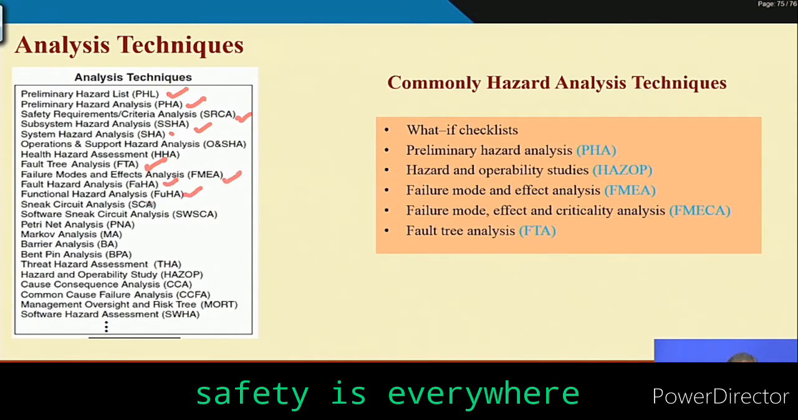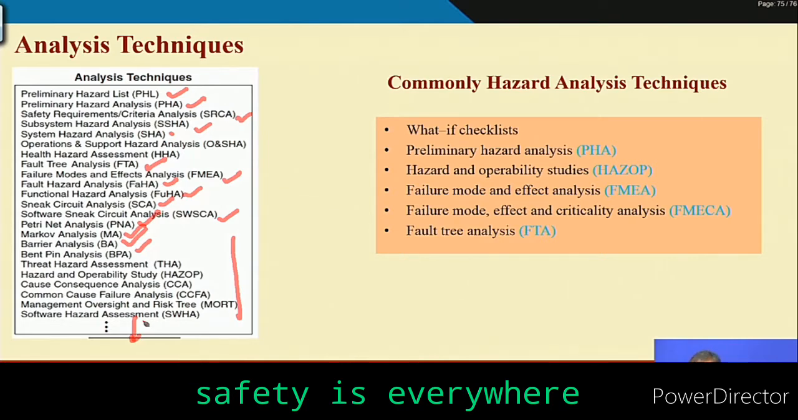functional hazard analysis, Schnick circuit analysis, software Schnick circuit analysis, Petri net, Markov chain, barrier analysis, bend bin analysis, so many, software hazard analysis, and as far as I know there are more than 50 hazard identification techniques already available in the literature. Why such a huge number of techniques? The reason is the context of application. Some techniques are applicable in a particular context, in a particular design stage of the system life cycle, and